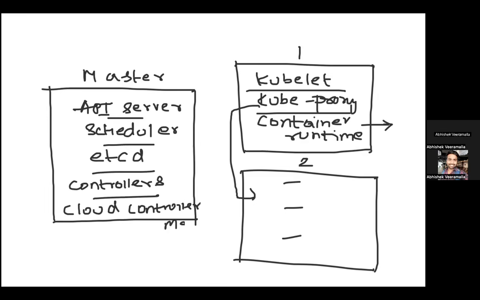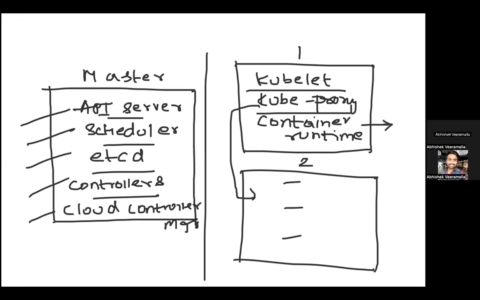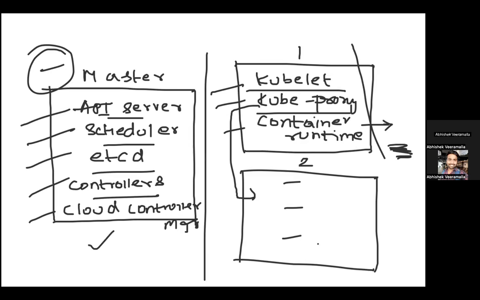Okay, so these are the different components you have to explain in an interview. If your interviewer is asking, tell them that these are the components on your Kubernetes master, and these are the components on your Kubernetes workers. So this is the control plane and this is the data plane. Control plane is the one that is controlling the actions, and data plane is the one that is actually executing your actions. Okay, I hope the concept is clear. You understood what the master or control plane components are and what the worker node components are.